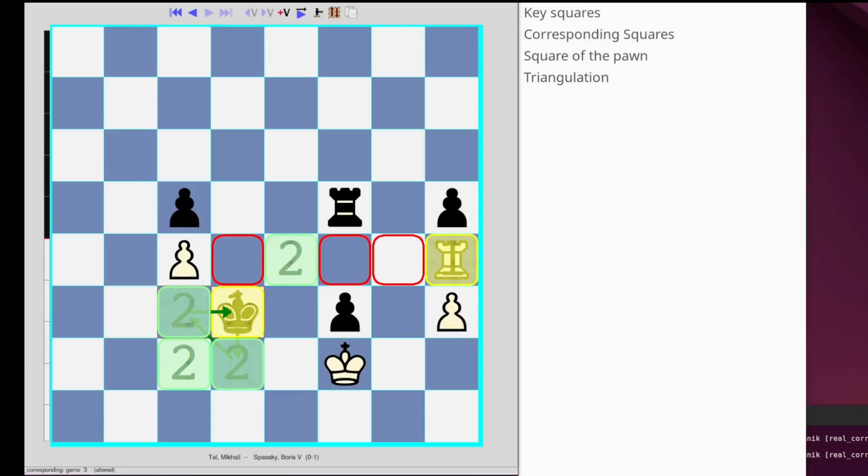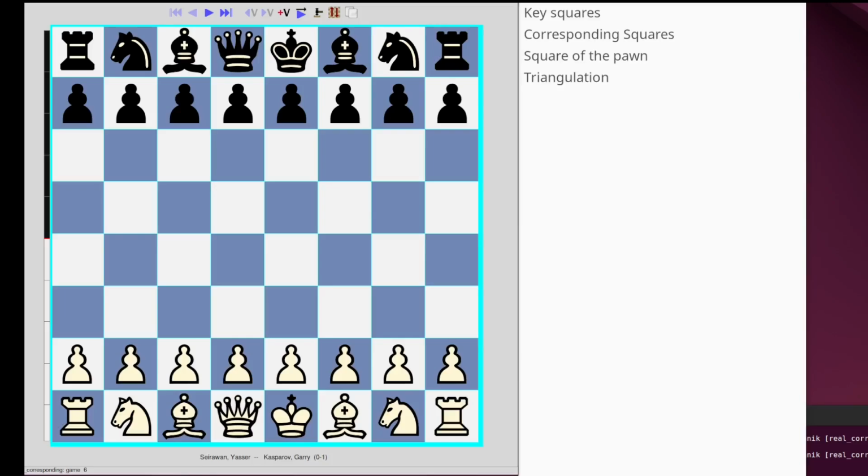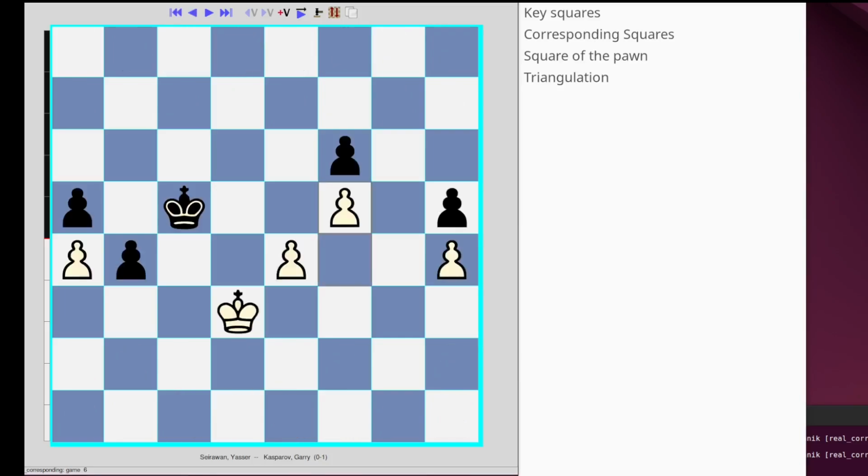And now the final game I'm going to look at today is this one, a very famous one between Seirawan and Kasparov, from 1983, the Nikšić tournament. I think that's the one where Kasparov hit the world stage. So you have a classic king and pawn endgame. Black's definitely the one for choice, got a passed pawn over here, which actually